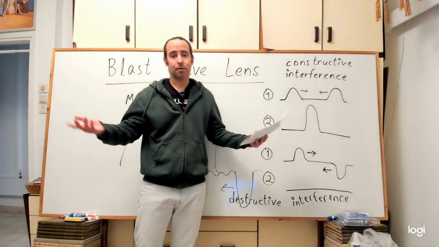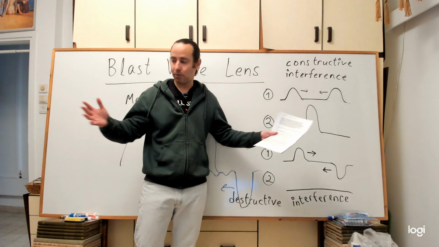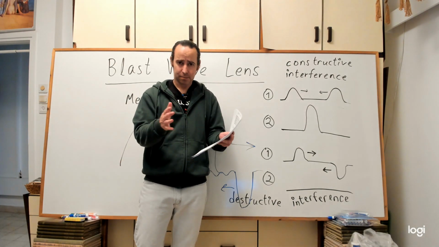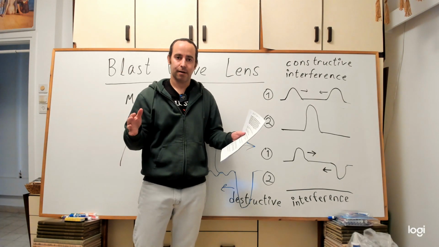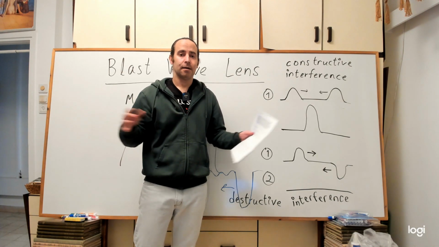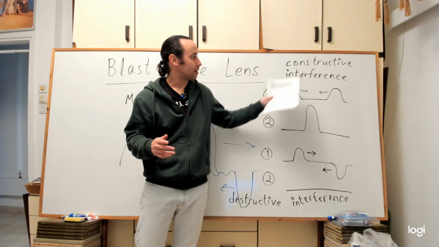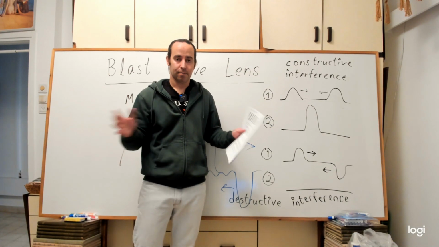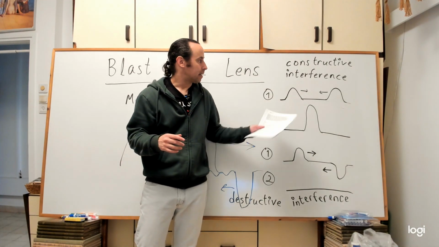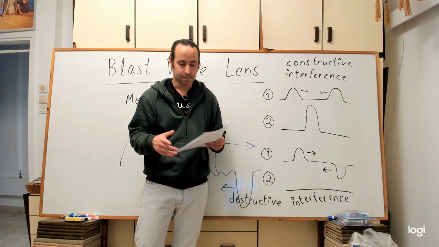Okay, you can do this in your bath when you're in the water or in a swimming pool. You put your hands towards one another, and if the waves are in phase, then they make a bigger wave. This is constructive interference. And if they are in the right timing for destructive interference, they cancel each other out.